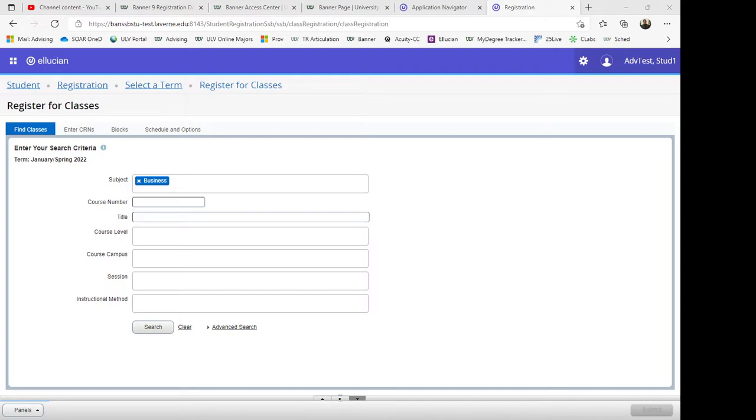As you search for classes in Banner 9 registration, you might be wondering, how do I know if I am taking a class that is semester long for 17 weeks, or if the class is an 8-week class in session 1 or an 8-week class in session 2? Well, it's pretty easy. If you look up the search criteria for the term that you want to register for,